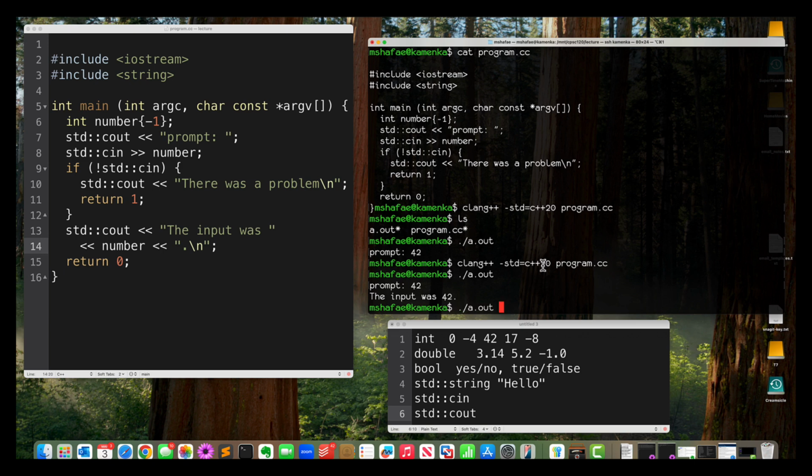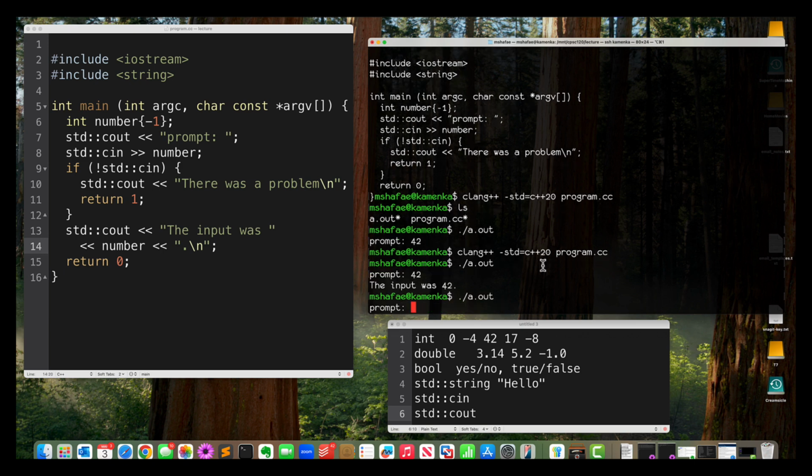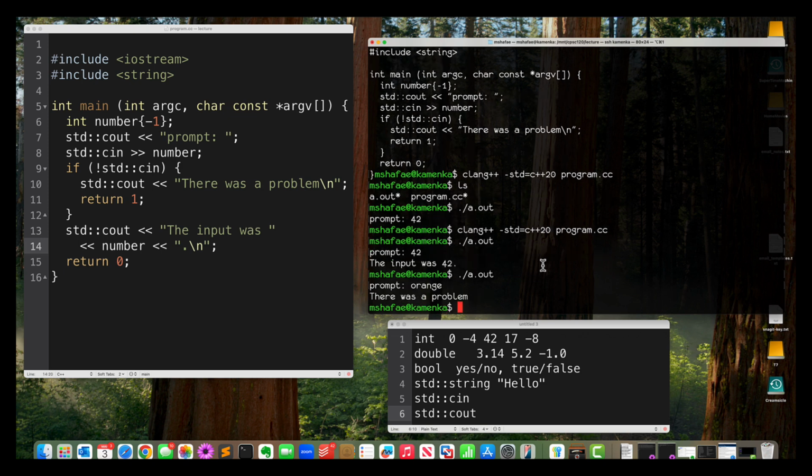Perfect. Now what would happen if we wrote a color instead of a number? Let's say we picked orange. Now, because we typed orange, orange is a string, and when it tries to read it right here on this line, Cin is like thinking to itself, wait a second, this input doesn't feel or taste like an integer. How am I going to be able to take this stuff from the keyboard and read it into number, which